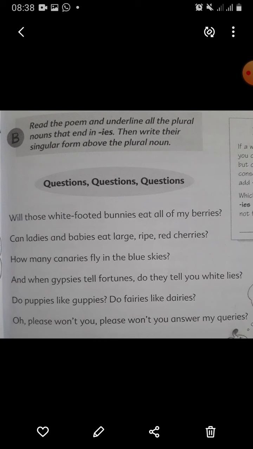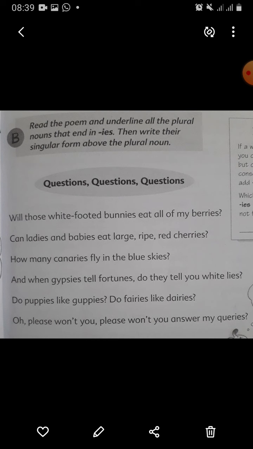Will those white-footed bunnies eat all of my berries? We have to change bunnies into bunny and berries into berry. Can ladies and babies eat large ripe red cherries? Can lady and baby eat large ripe red cherry?